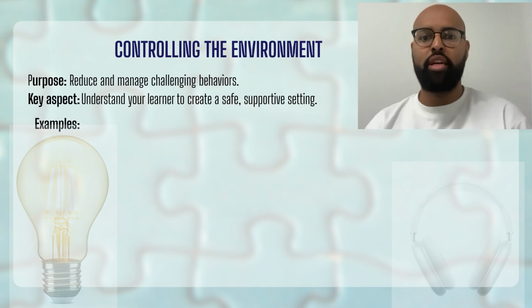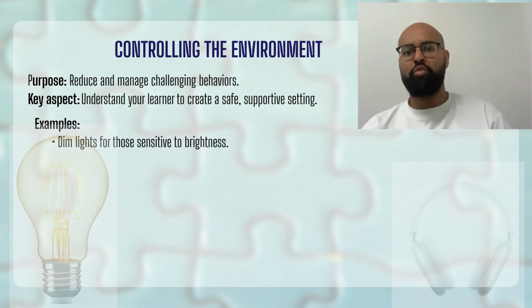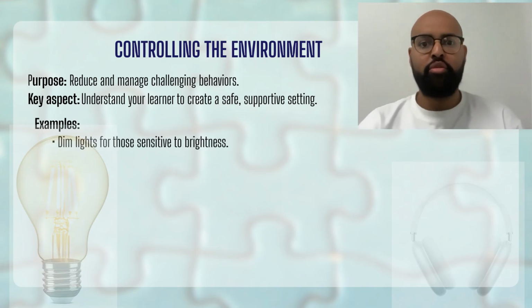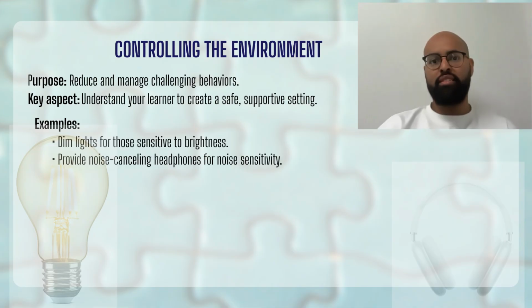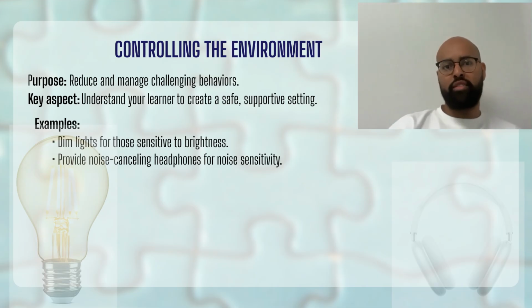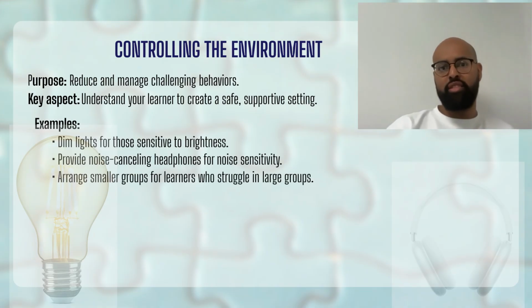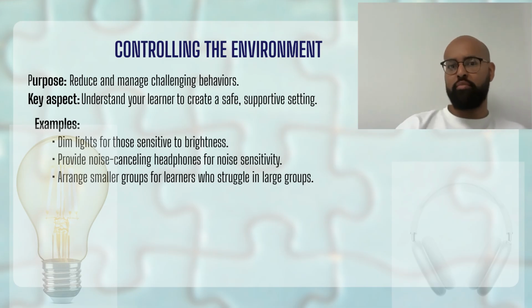For example, if you have a learner who's sensitive to bright lights, you can dim the lights in the room. If they are sensitive to loud noises, try providing noise-canceling headphones or choose a quieter space to work in. Another example is when a learner has difficulty being in large groups. In that case, you can arrange smaller group activities or limit the time they spend in big group settings to